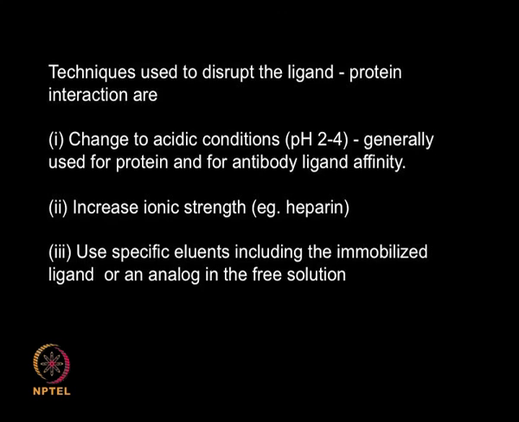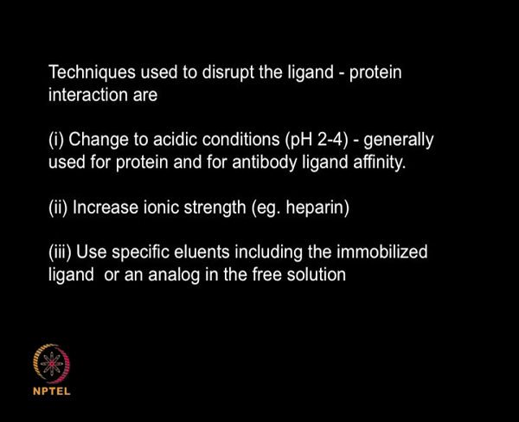So what are the techniques used to disrupt this ligand protein interaction? So we have done a ligand protein interaction. Now we need to dislodge it so that we can collect it back or we want to regenerate the column. So how can we do that? We can change the pH condition, we can make it more acidic. This is generally used for protein or for antibody ligand affinity. So we change the pH so it becomes pH 2 to 4, okay,